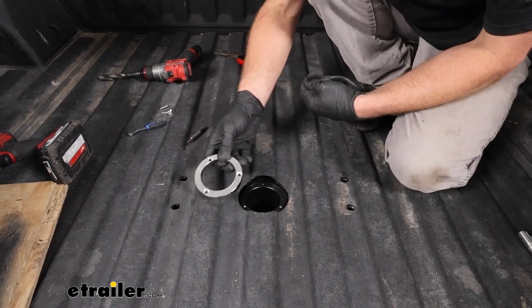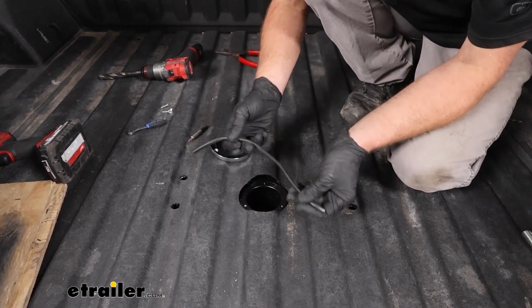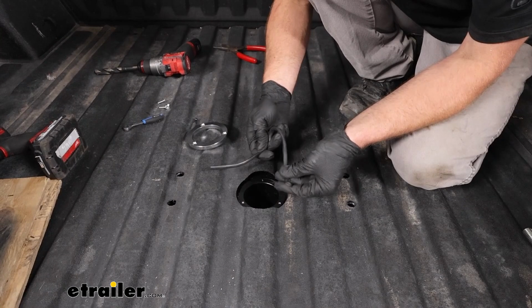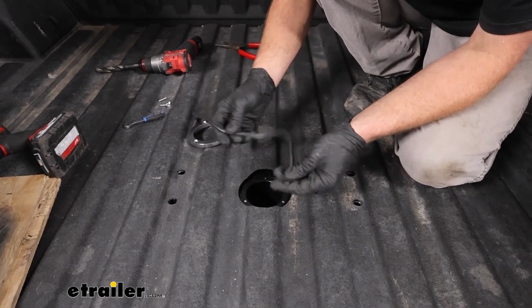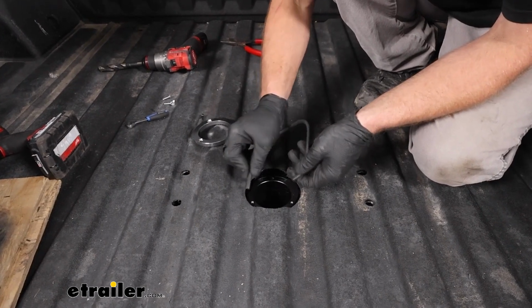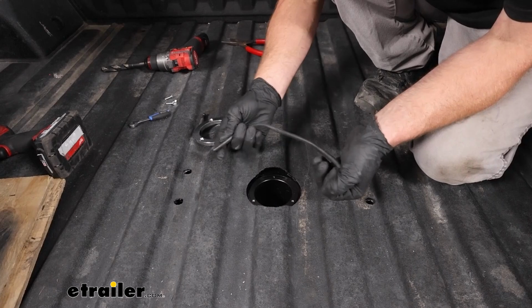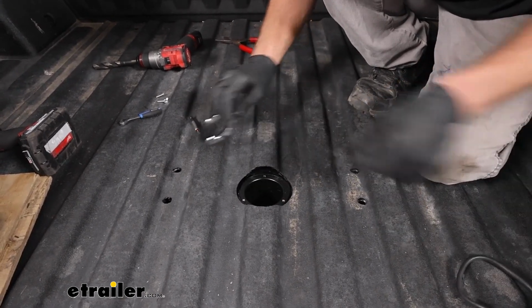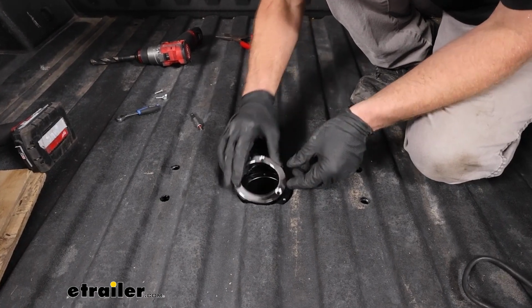They give you this trim ring and this little piece of rubber. I'm going to use the trim ring. I'm not going to use this though. I don't really ever have before, and that's just because it's so hard to get on there. It just doesn't really fit in my opinion. So up to you if you want to use this or not. But with this,